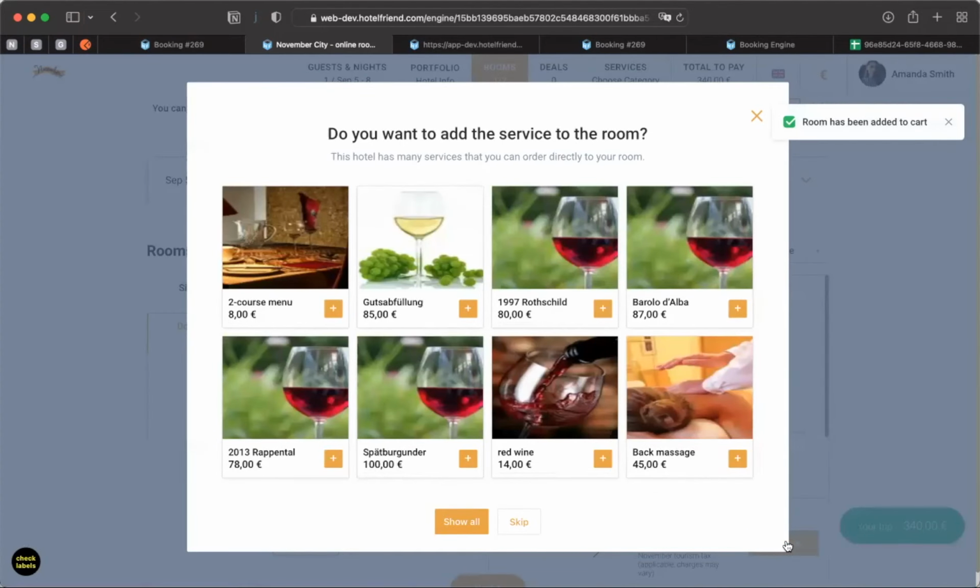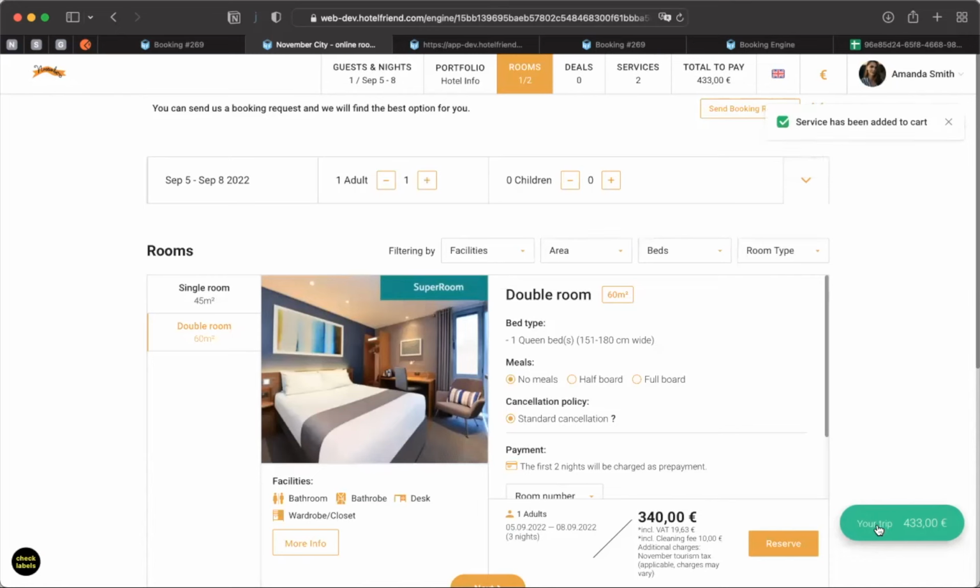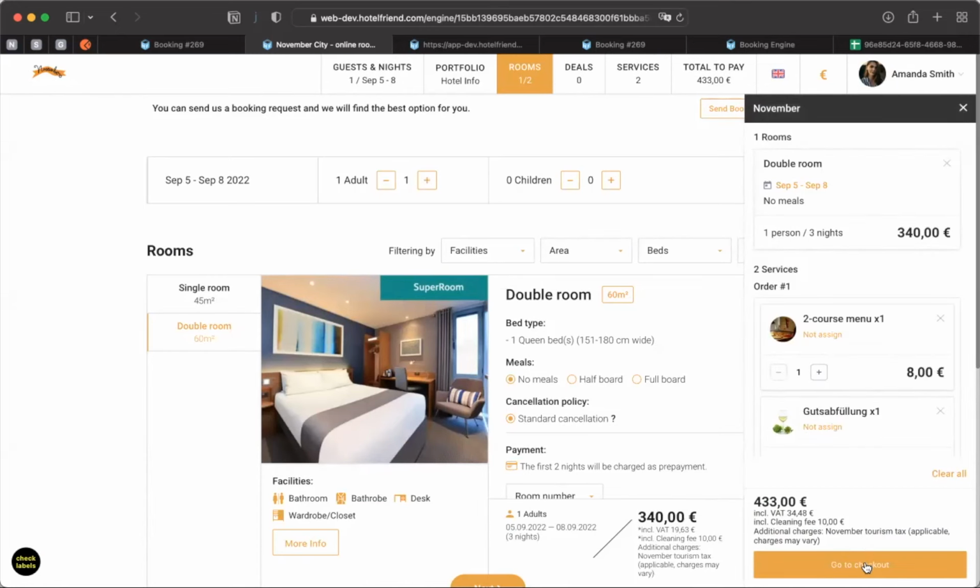Another thing we added is a new modal window to display our featured services. For example, in my hotel, I decided that these services will be featured, and to make these services more bright and visible for my guests, we added this modal window. I can just select something from here and close this modal and move on to my checkout page,